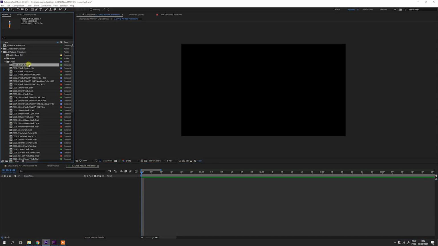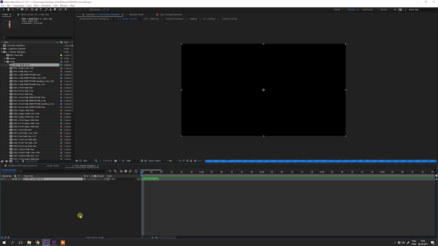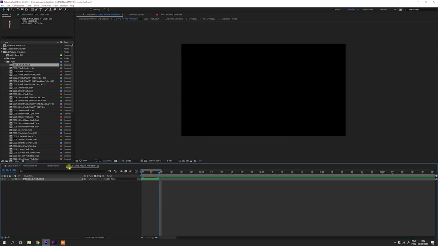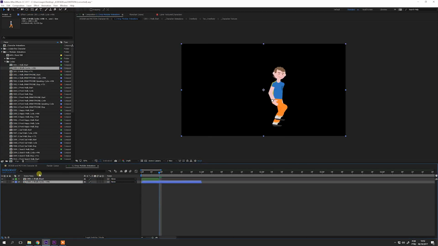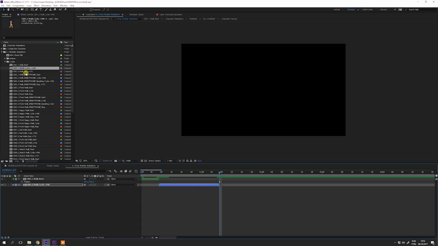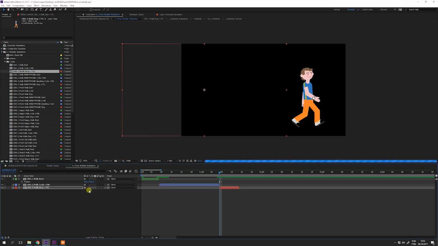Working with regular cycles is very similar to working with front cycles, but there are some secrets that I want to share with you. Let's start. I will drag the C001.1 to our composition. I will put it on the left, so all the animation will fit on the screen. Now drop the cycle. As we move it from the first model, just copy and paste its position to the cycle. Put the stop model and paste the position value to this one too.